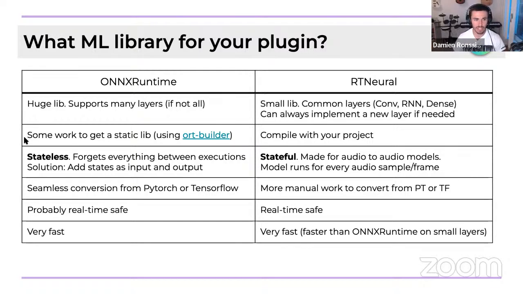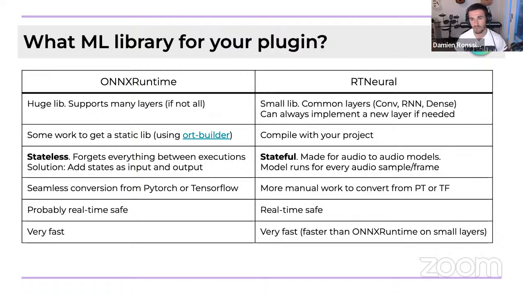Now comes the main difference, the main thing you have to consider if you have to decide between those two kinds of libraries: the statefulness. So ONNX runtime is stateless, and it means that in between two executions of the model, it forgets everything. It doesn't remember, it doesn't keep the state inside the model updated. And